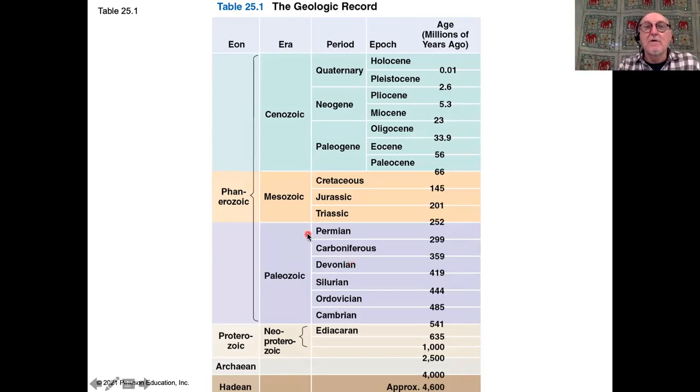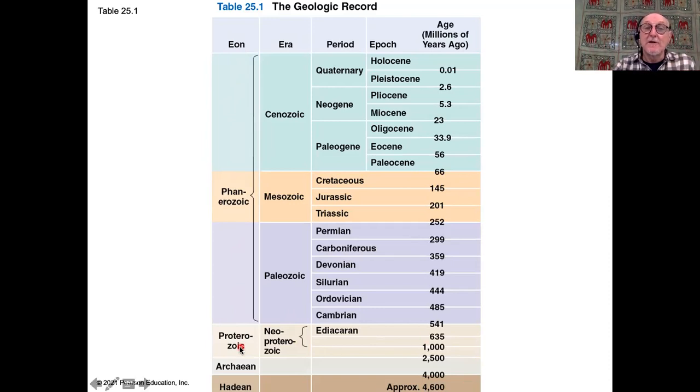But here is, I don't expect you to remember all of the details of this, but you can have a look. For the moment, notice that we divide the fossil record and geological time first of all into eons. And the eons are called the Hadean. The Hadean was the period of formation of the planet, the consolidation of the planet, the formation of the early oceans, and the very beginnings of the origin of life took place towards the end of the Hadean.